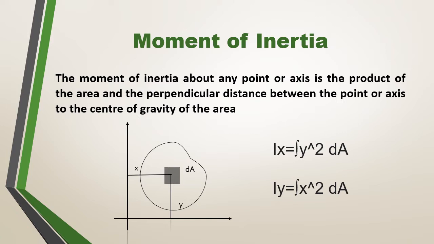Moment is the force into some distance, meaning the tendency of a particle to go around in a circle or a curve, and the inertia is resistance to that tendency. Therefore the moment of inertia is resistance to bending, and the moment of inertia is the design parameter, and the SI unit for the moment of inertia is meter raised to 4.